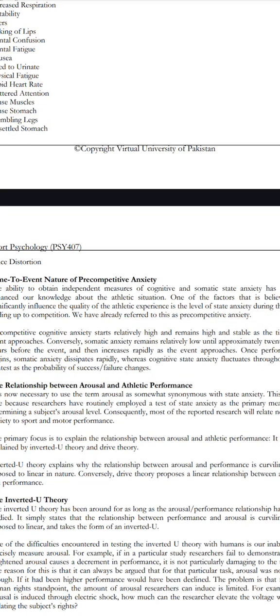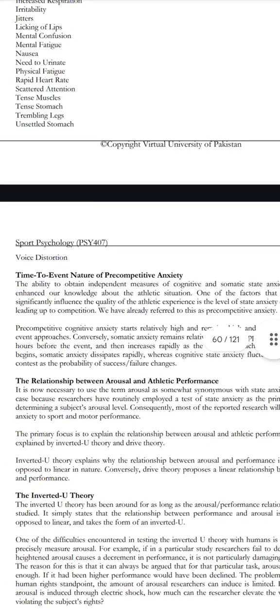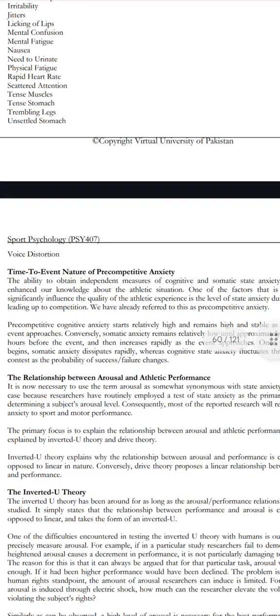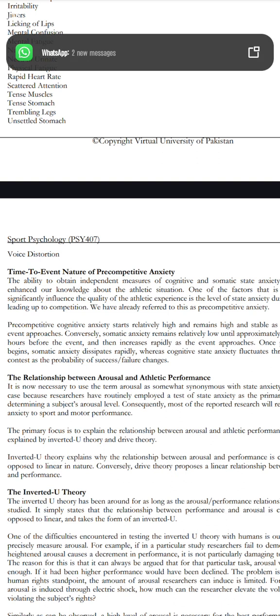The first factor that influences anxiety is pre-competitive anxiety, which is the leading up to competition, while the second one is somatic state anxiety. Cognitive pre-competitive anxiety starts high and remains high and stable during the competition, while